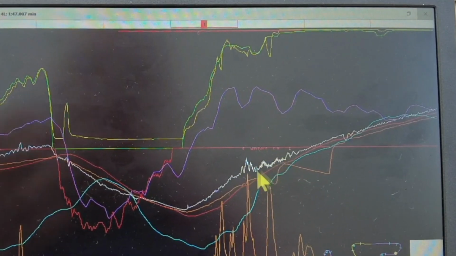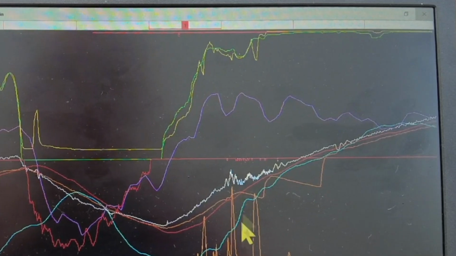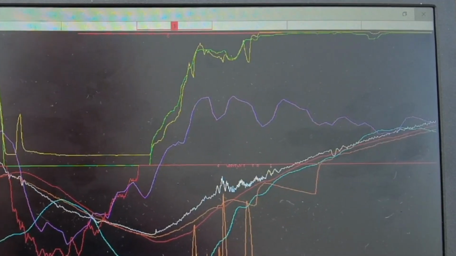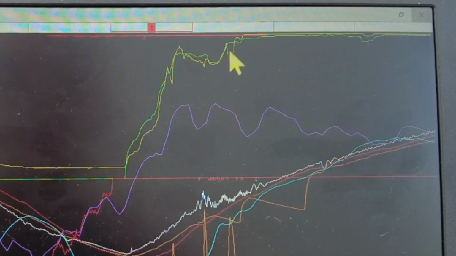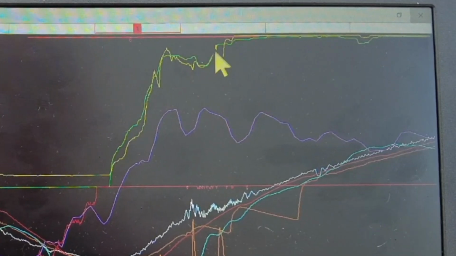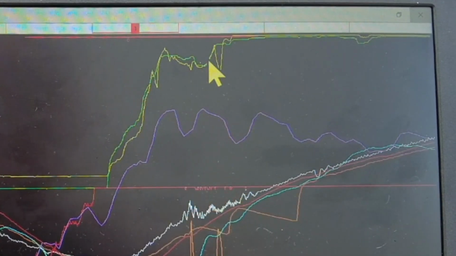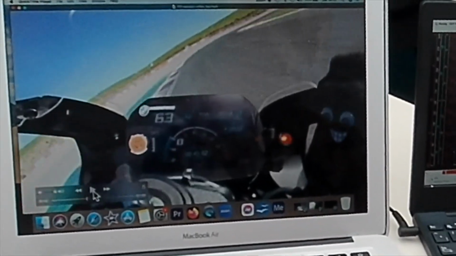So what's happening here, what caused that, and why did all of a sudden you get an awful lot of big peaks and troughs of traction, which of course matches what's going on here with the throttle. And you can even see I've backed out the throttle a little bit there, so I need to figure out to myself what caused that. What I use is the onboard recording so I can see what's going on. So if we quickly look at that,